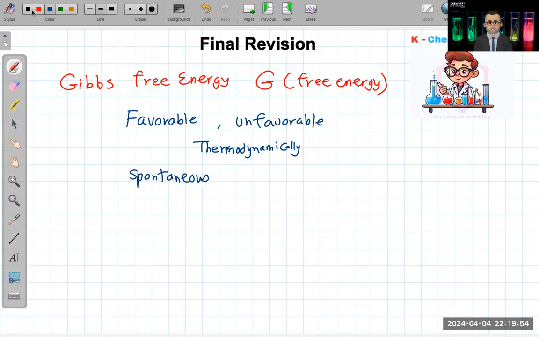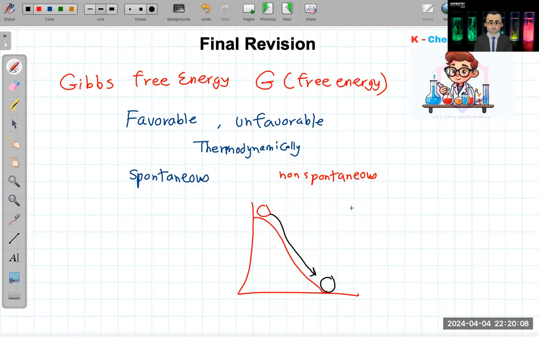So we know that spontaneous means that the reaction is going to happen by itself. Like the same way I put a ball on the top of this mountain, I know that spontaneously this ball is going to go down the hill here, but there is no chance that it is going to go up by itself. So this is non-spontaneous, while this is spontaneous. This is going to happen by itself, but this is not going to go up until I come and push it, or wind or whatever pushes it up.